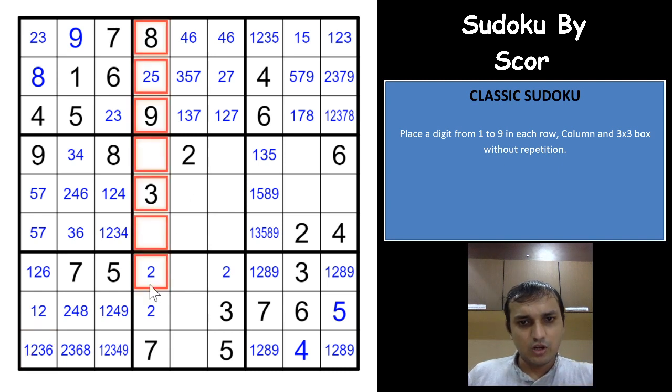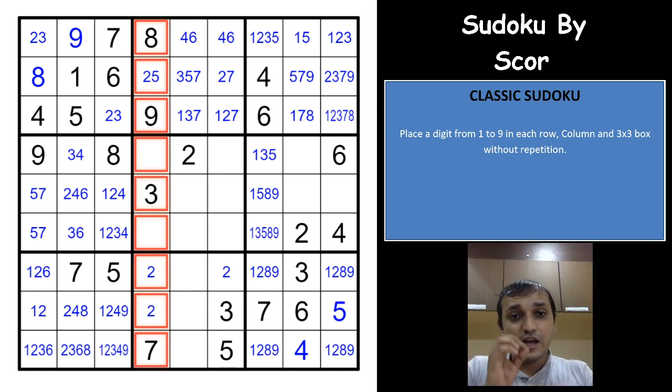Now if you see this column, I am just placing all the possible candidates here because the logic that we are going to see is something really interesting, and I would highly recommend you to please watch the whole video for the excellent logic that the setter has intended here. It is really an excellent one. So we'll go with this column now.